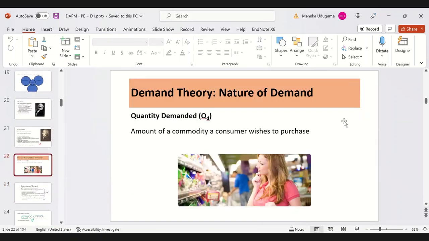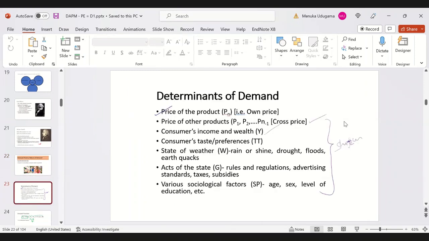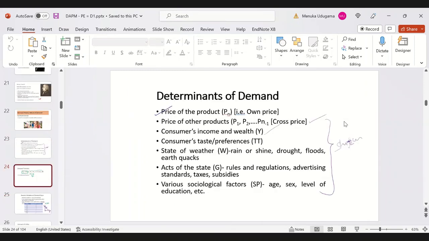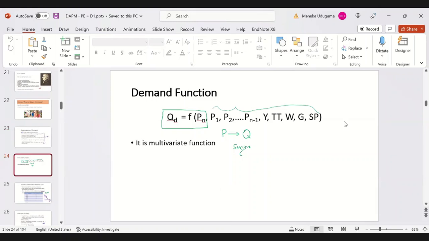Then we looked at the two key entities in the market: the demand, or consumer side, and the producer side. Under demand theory, we looked at factors affecting demand, and we said that if you really want to model or estimate the demand for a particular good, you can do that by using a demand function. It's a mathematical model. You collect data and estimate this function to understand the impact of the variables or factors that affect demand and the magnitude, by how much,